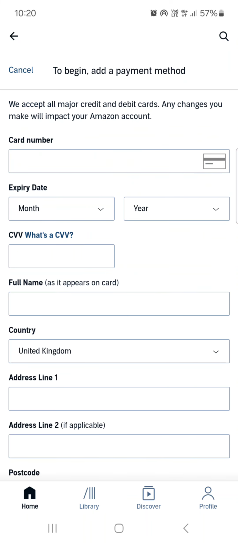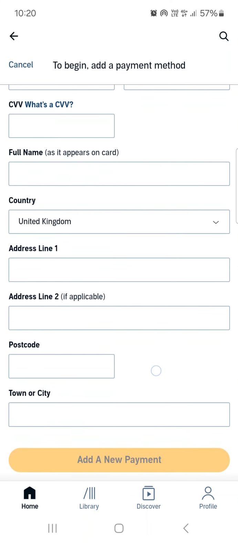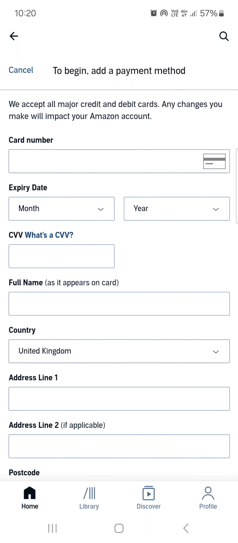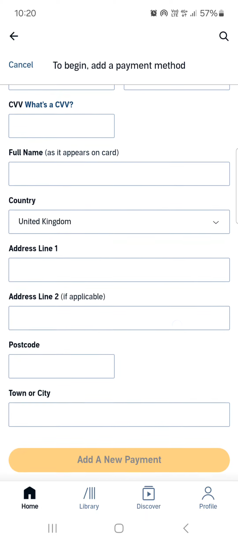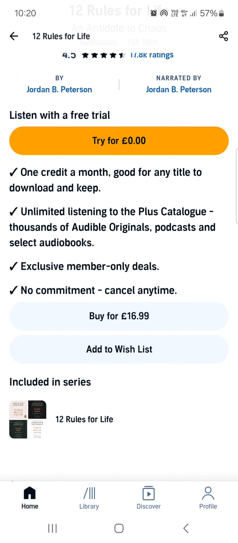first we have to add the payment method. Here we can enter our card data and delivery lines. Then tap on add a new payment, and then we can check out, just as in any